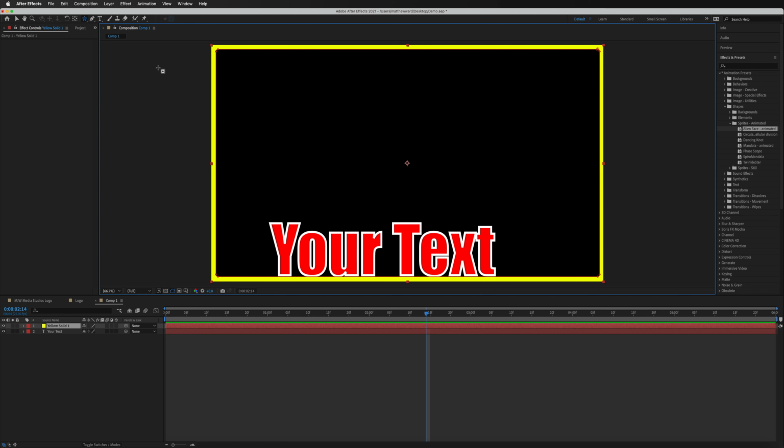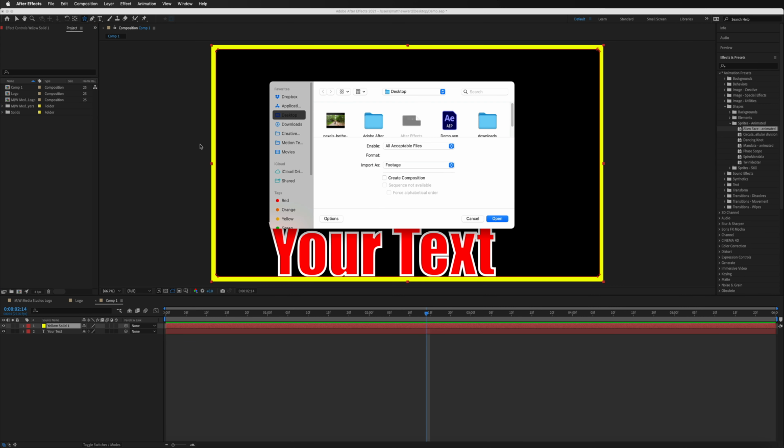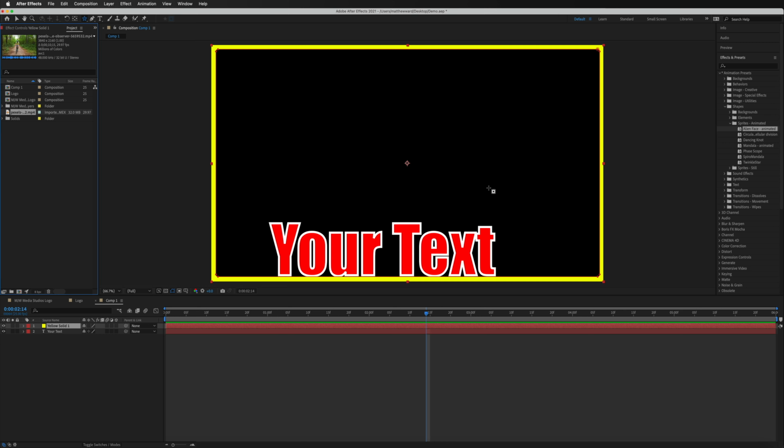So what we're going to do this time around is we're going to go back to our project files, and we're now going to import some movie files or video files that we can work with. So once again, inside of our project window, if we just double tap anywhere inside of this dark gray area, that is going to direct us to a hard drive where we can find some clips. And I'm just going to bring in this one right here, which is just some free stock footage that I found on pixels.com. I'm just going to go ahead and open that. And now that is loaded inside of my project files.